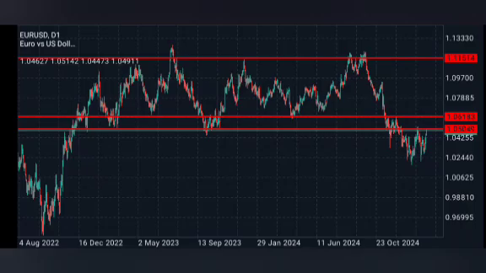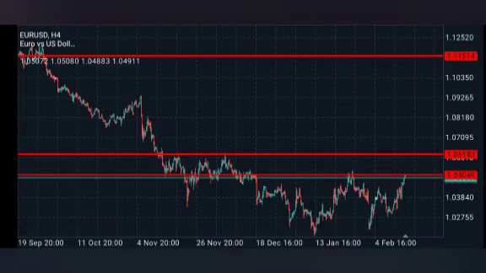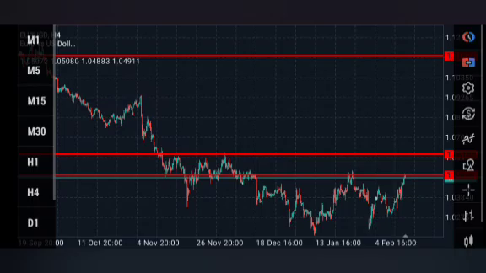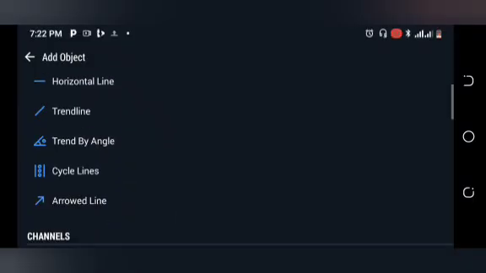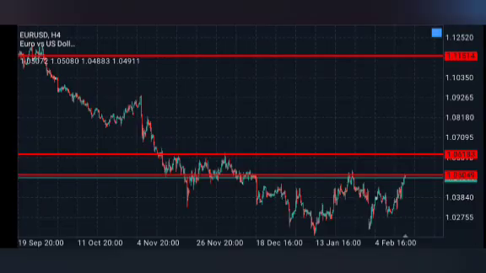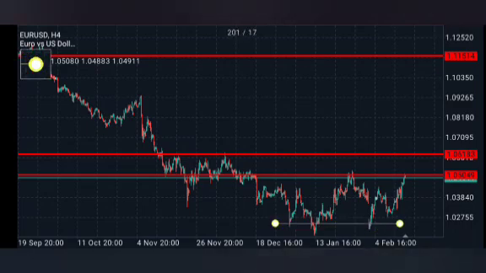So what's my next step? I move to the lower time frame, which is the 4-hour time frame, to see what the market is actually doing. So what I see first of all is that there is this zone here. There is this zone here. That is what I see.